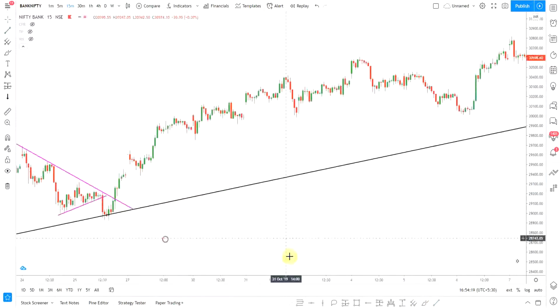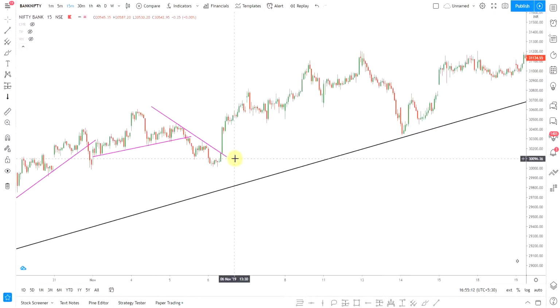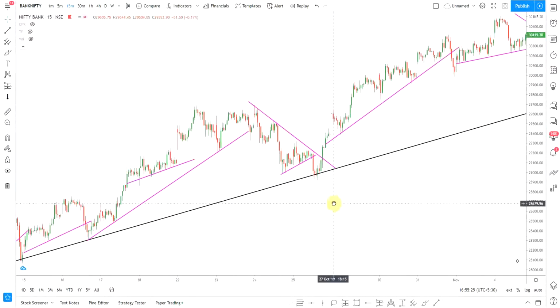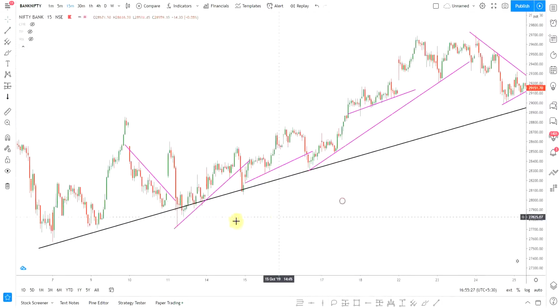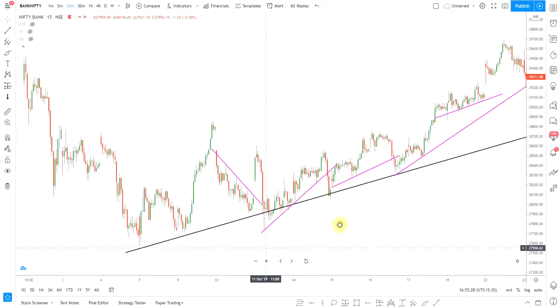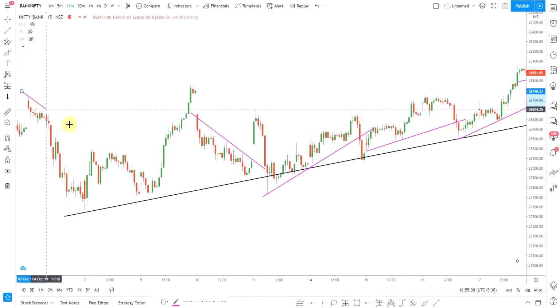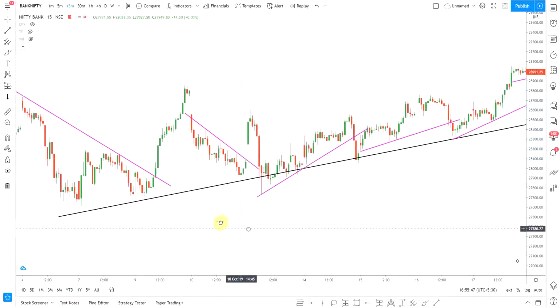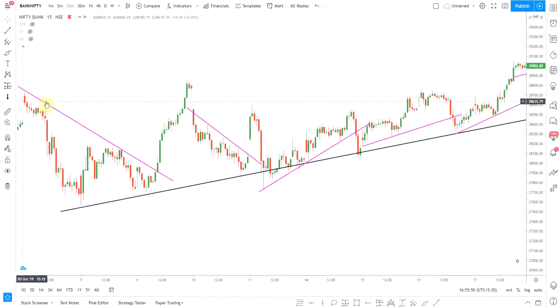Do you see that? Now, after drawing trend lines, there are 2 ways you can actually trade trend lines. One is the touches that you get on the trend line, you can trade those, or you could trade the breakouts of the trend line. So let's just go back again to the trend lines that we drew before, and let's see what's happening here. As you can see, the market was in a small pullback or a downtrend, and then it gave a breakout, it broke the trend line, and it rallied up.